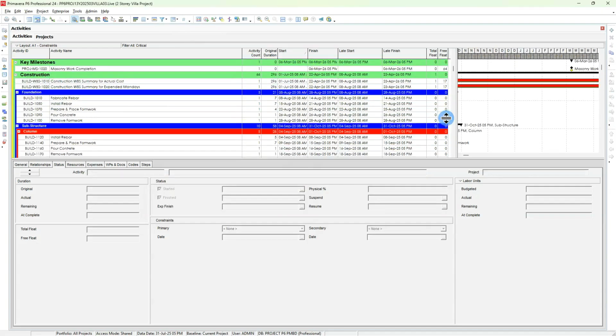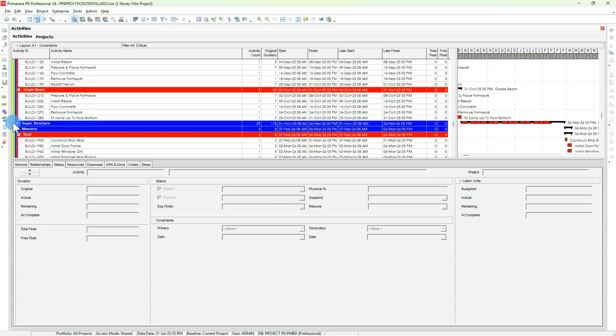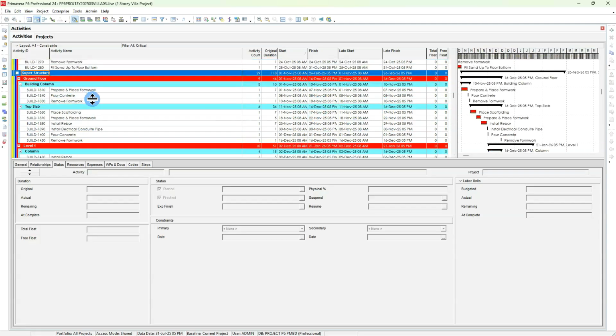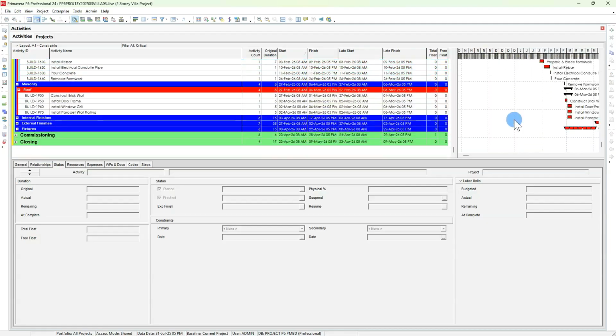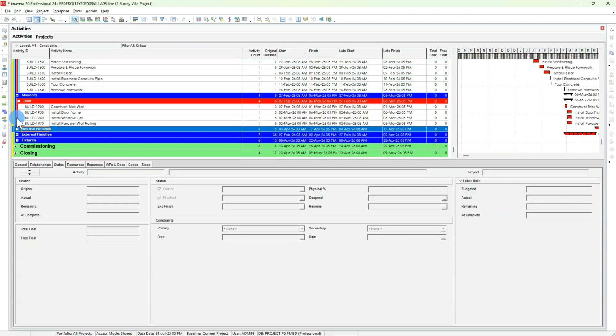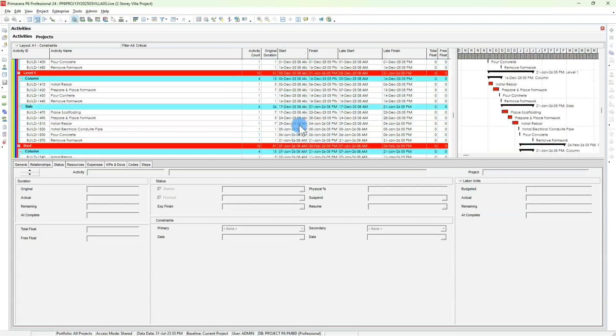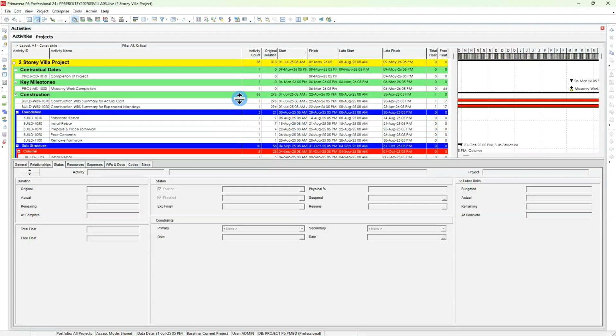Nothing else. Okay, including these two WBS summary tasks. But it was not on the critical path. So that was the reason for showing the difference with the 8 hour